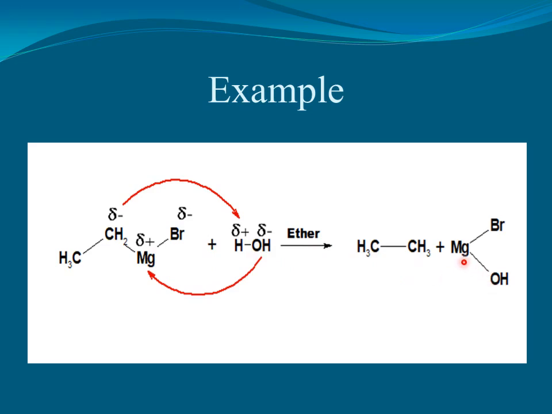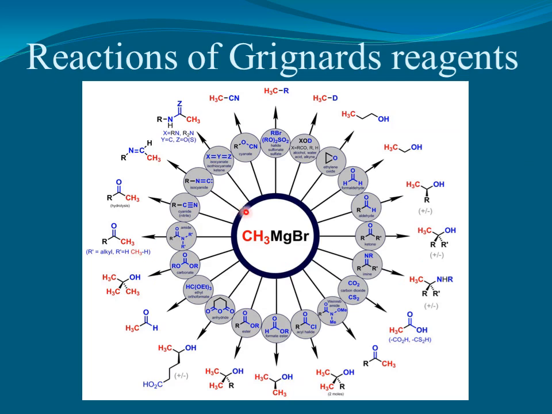Students, this chart over here represents that Grignard's reagent is a very important chemical reagent. It is used for the interconversion of functional groups. If we react Grignard's reagent with all of these chemical compounds, then they are going to give us functional group derivatives. That is why Grignard